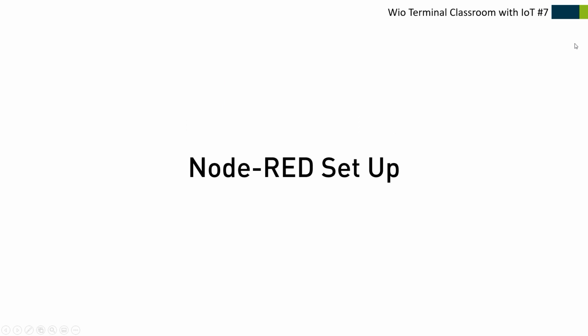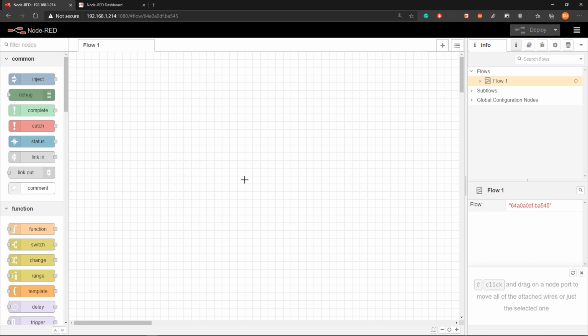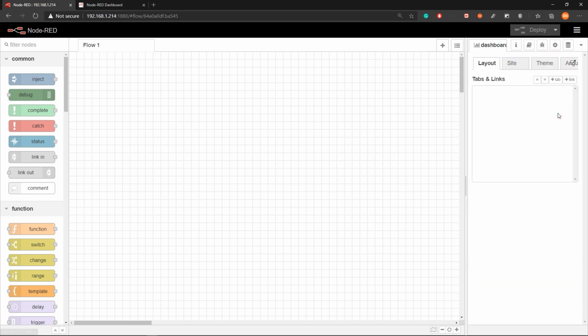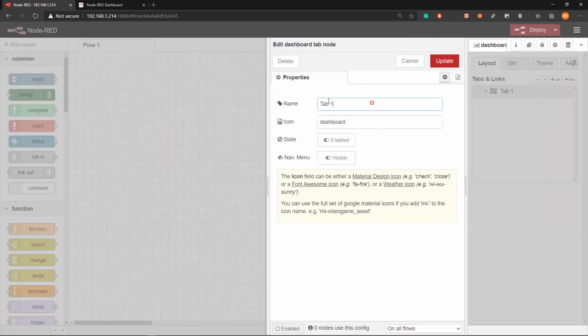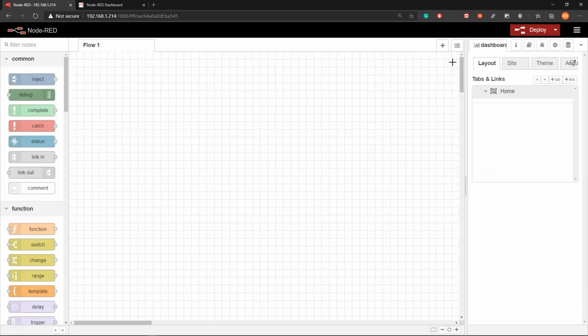Now let's move on to setting up Node-RED for our demo to work. Go back into the Node-RED interface that we opened before, and now we need to create the dashboard layout. To do that, click on this drop-down arrow and select dashboard, and in here click on tab, go to edit and name it home, click update.